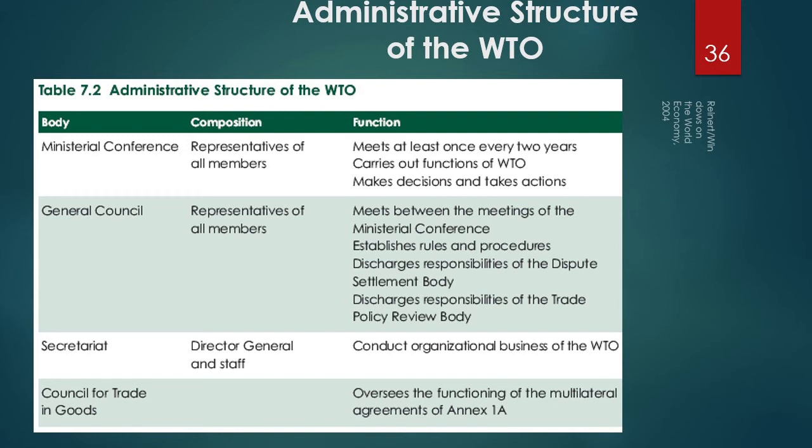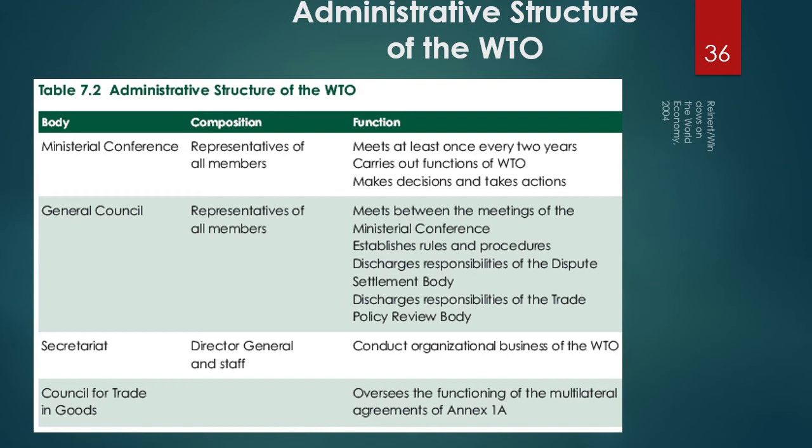Then you also have the General Council, which is also composed of representatives of all members, and it meets between the meetings of the Ministerial Conference. It establishes rules and procedures, discharges responsibilities of the Dispute Settlement Body, and discharges responsibilities of the Trade Policy Review Body. Next, we have the Secretariat, who is the Director General and his staff, and they conduct the organizational business